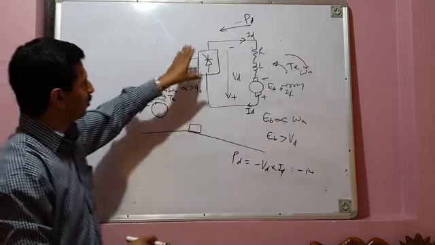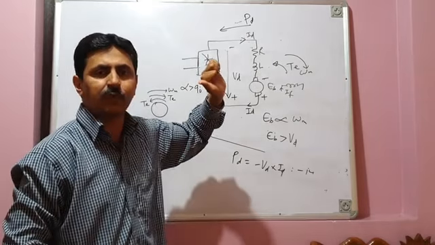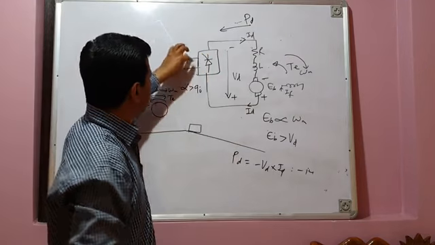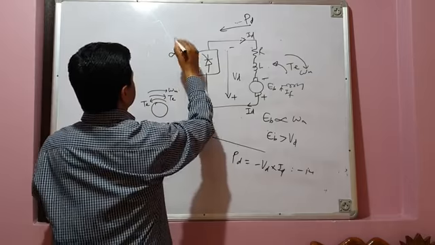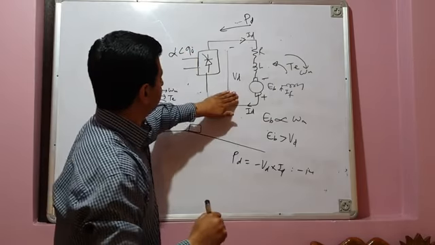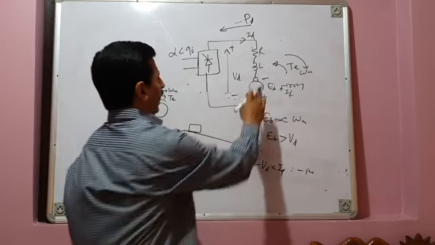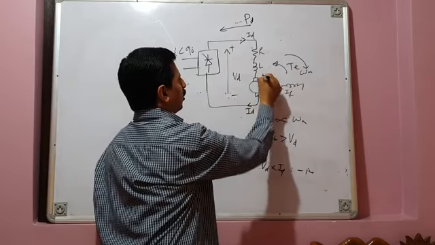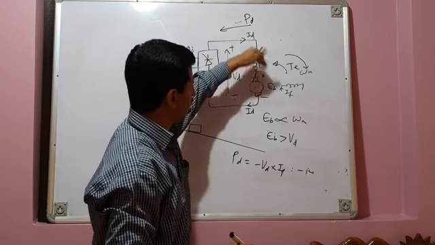So in that case, if your motor is this separately excited DC motor, it is fed by a single phase fully controlled converter or full converter. You operate this converter at alpha less than 90 degrees, and this converter produces an average output voltage which is positive, and the direction of back EMF is also positive like this, and VD is greater than EB. Current flows in this direction.